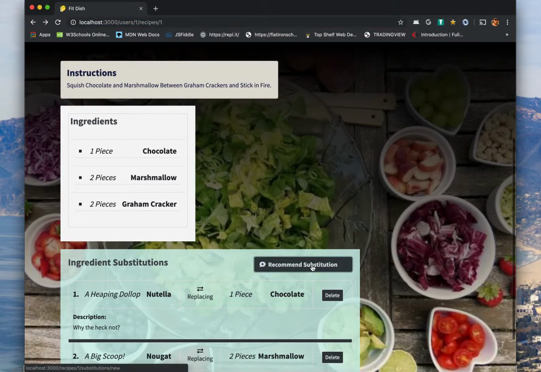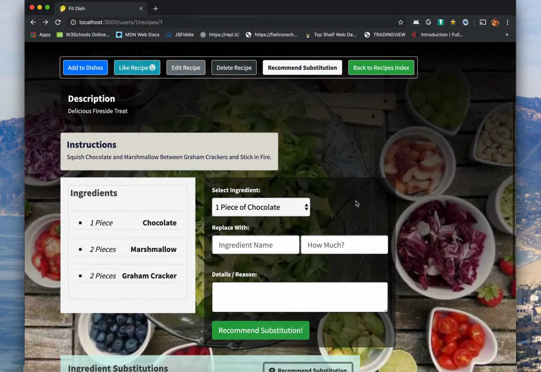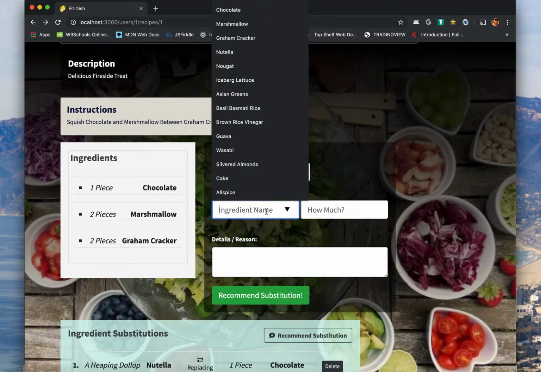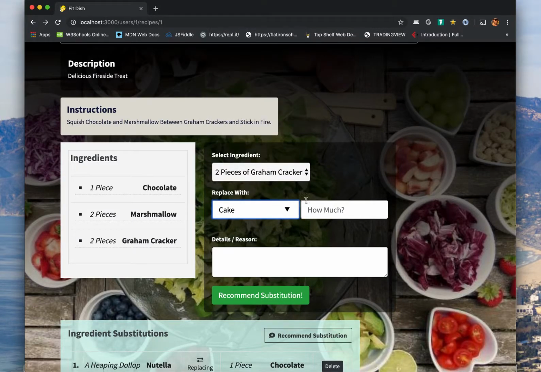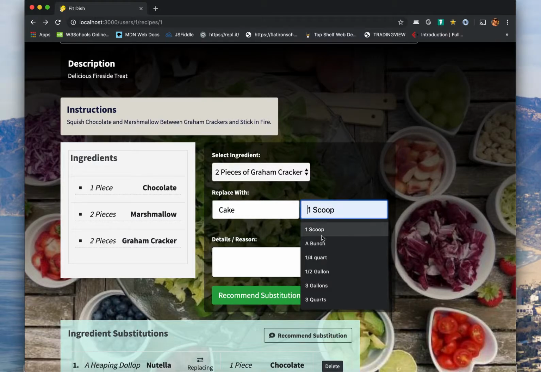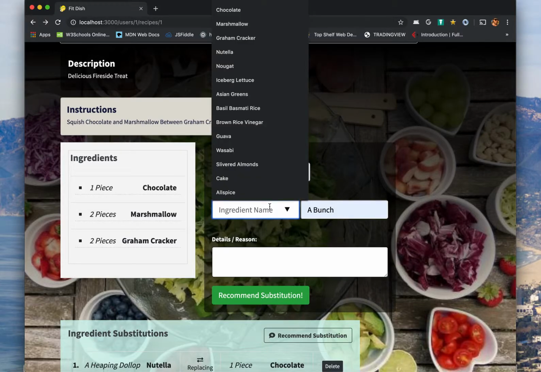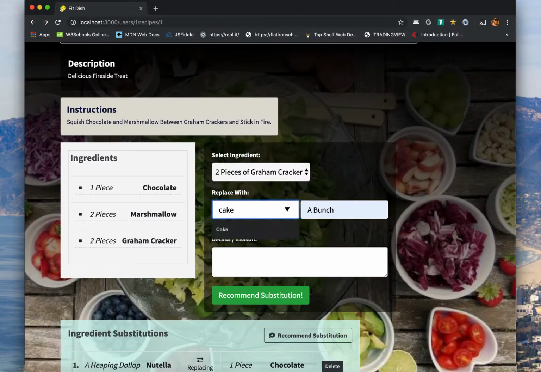Here we go to recommend substitution, boom, and our submission field pops up. We can say, okay, instead of using a graham cracker, let's use cake. Why not? How much cake? A bunch of cake, I don't know. And details, reason. Again, this still gives you access to that autocomplete listing the ingredients available, as well as allowing me to indicate a new one. Instead of cake, we could say let's